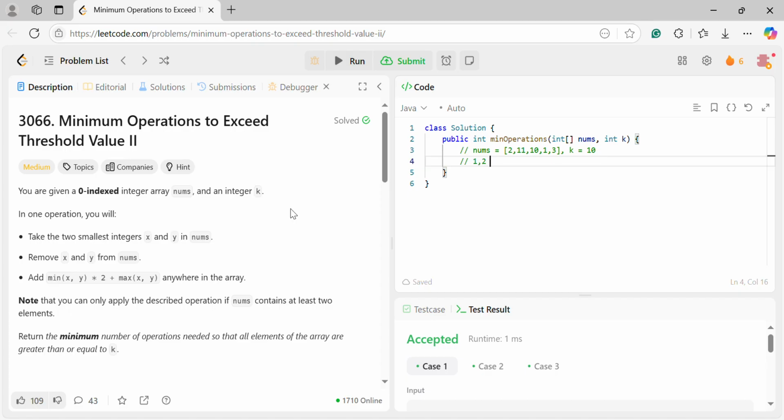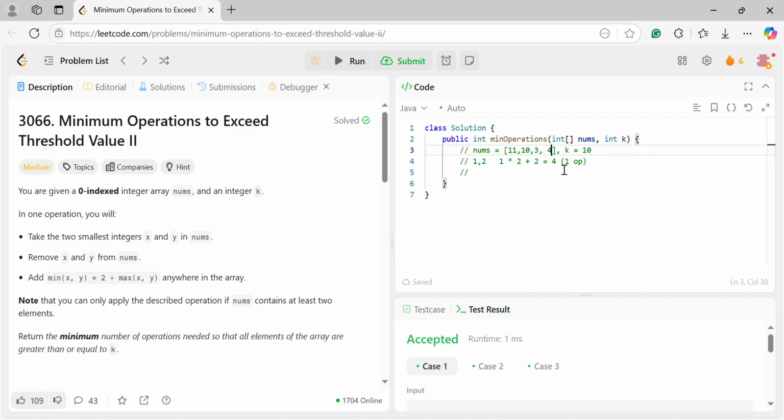We remove them from the array, and we are going to put this equation, which is the minimum out of the two, 1, multiplied by 2 plus 2, which equals 4. So this is one operation. Next, we put the 4 here,